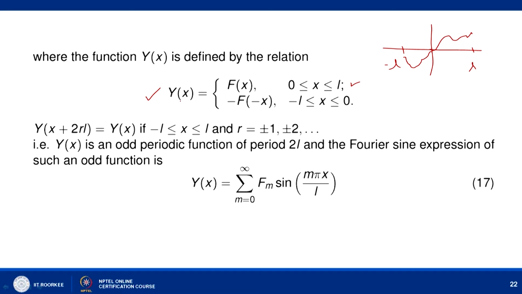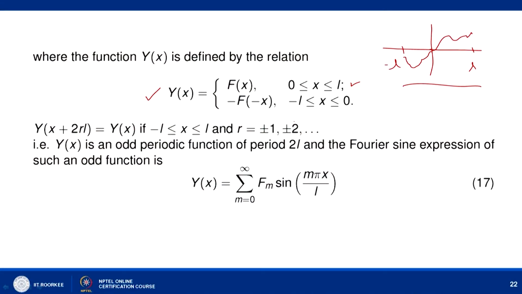So, it means that now y of x is defined between minus L to L, and y of x equals f of x in 0 to L, and y of x is equal to minus f of minus x when lying between minus L to 0. Now, since it is given only for minus L to L, you use periodicity to extend it to the entire minus infinity to infinity. So, let us assume the periodicity as y of x plus 2rL equals y of x, where x is lying between minus L to L and r is an integer, plus minus 1, plus minus 2 and so on. So, y of x is an odd periodic function of period 2L,